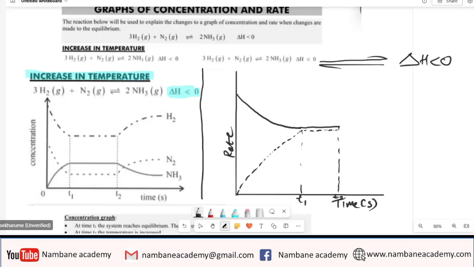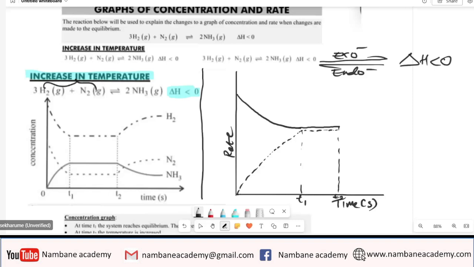If you increase the temperature, we favor the reverse reaction. So the reverse reaction will be the increase in H2 and also N2 there. There is an increase, meaning